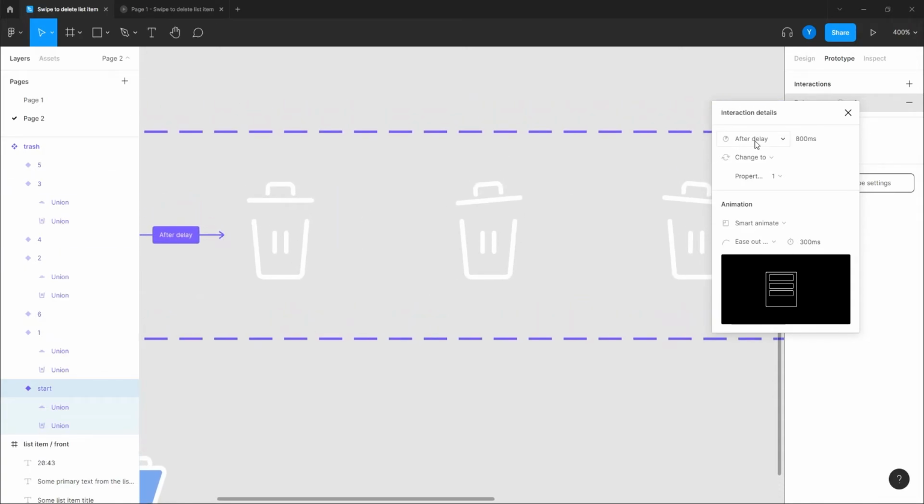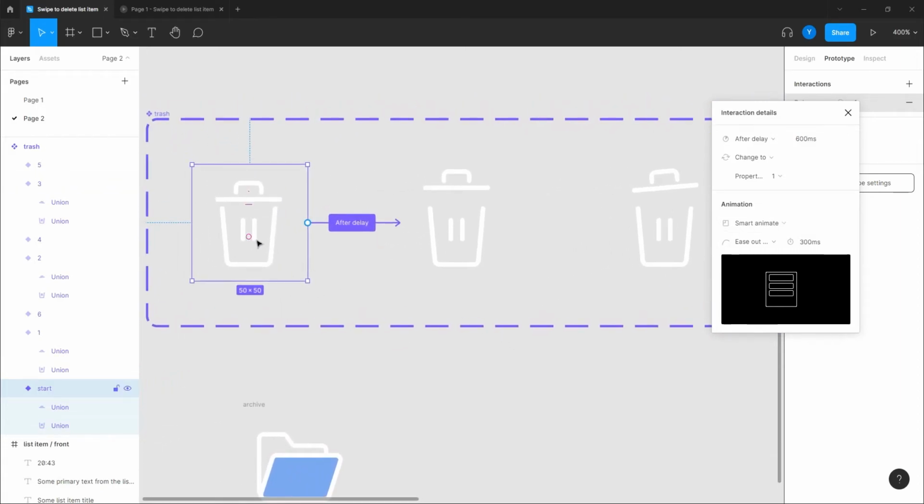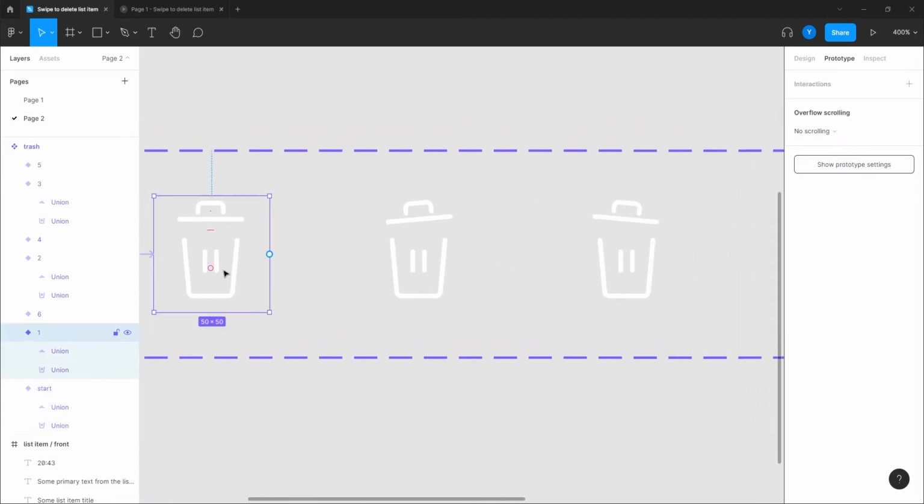And yeah, after delay, I'm gonna give it 600 milliseconds. That means that the moment we see the icon, it will take 0.6 seconds until the animation is gonna start going, and it comes back here again, waits 0.6 seconds, 600 milliseconds actually, and goes over again.